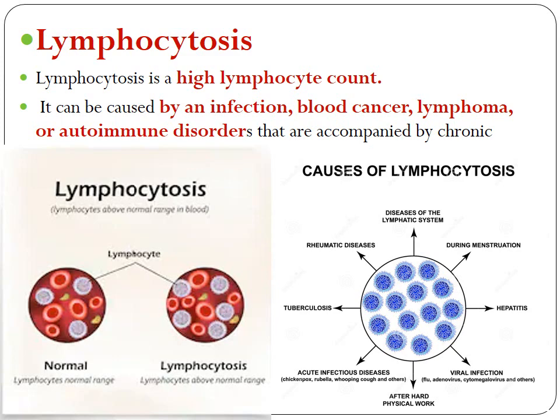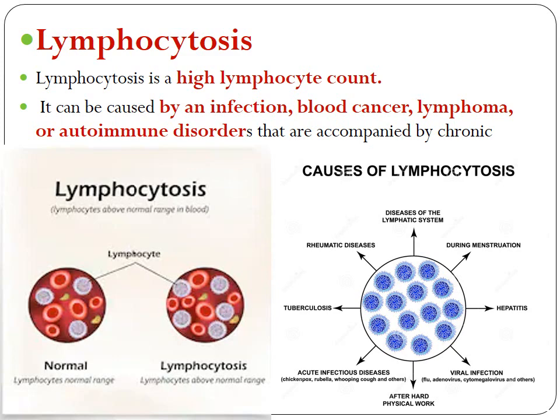And why is it caused? Basically, you know that the lymphatic system is something like a defense mechanism, so it's trying to fight infection, and it helps to purify and filter. And what happens here is, when there is an infection, blood cancer, lymphoma, or any sort of autoimmune disorders, or any sort of chronic diseases or conditions, it is accompanied by this. And with lymphocytosis, you can see how much it is in a normal individual, and when there is an increase in the count, that is called lymphocytosis. So that means an abnormal or above-normal range of lymphocytes. And the causes are again given to you in detail here, because it can be any disease of the lymphatic system.